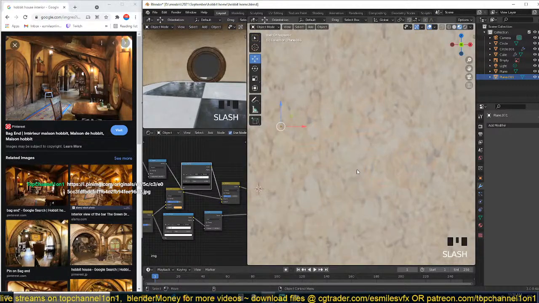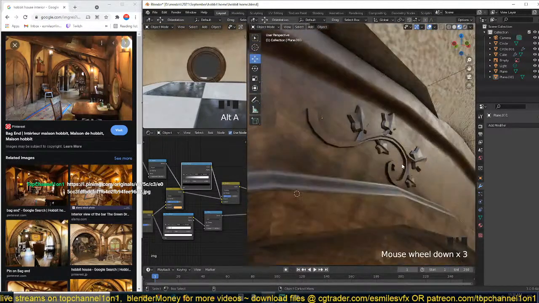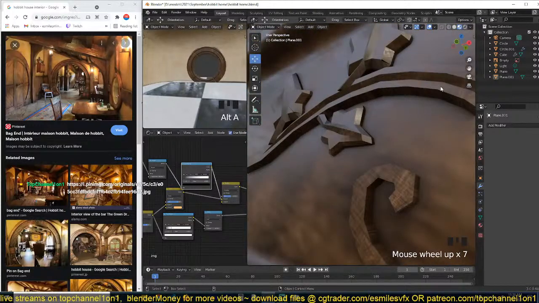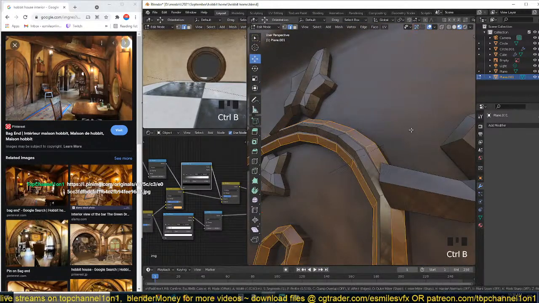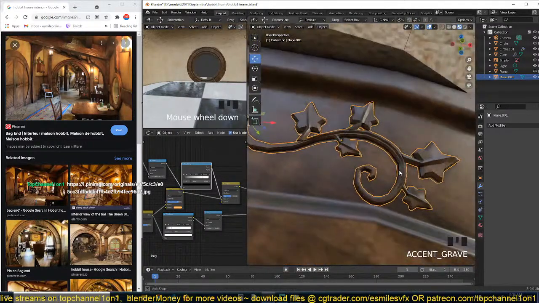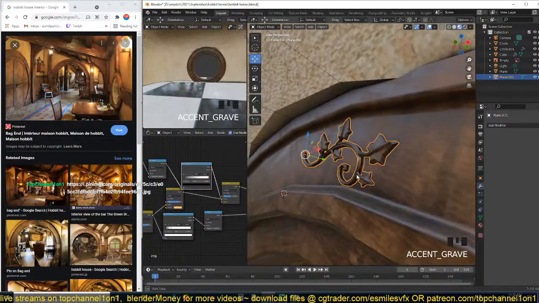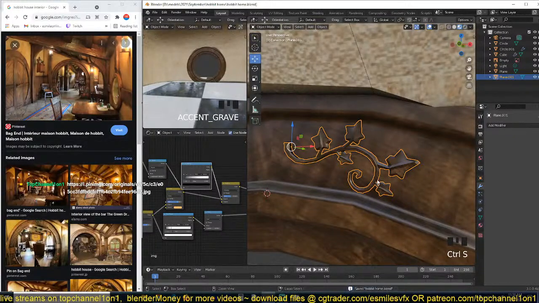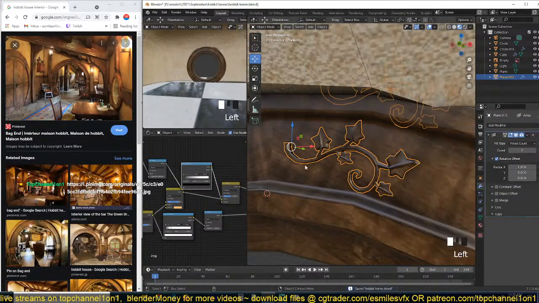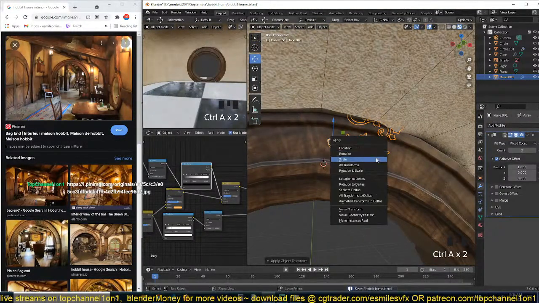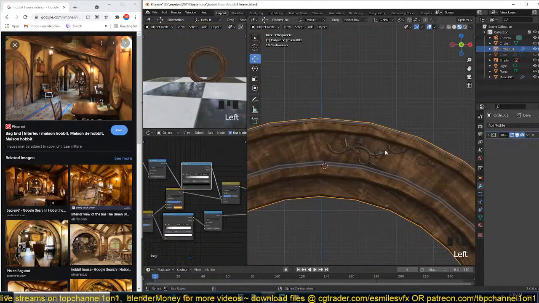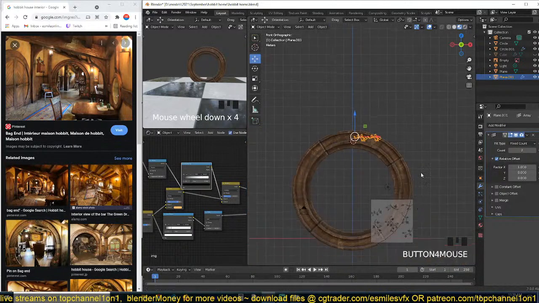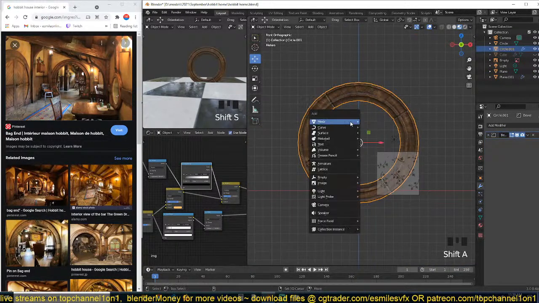Okay, so this is what we have, and I think I can also round off this edge just a bit, so we have something detailed like that. And now what we can do here is use an array. We first apply the scale and the rotation. We first hide this. I want it to follow this curve or this door, so I'm just going to use